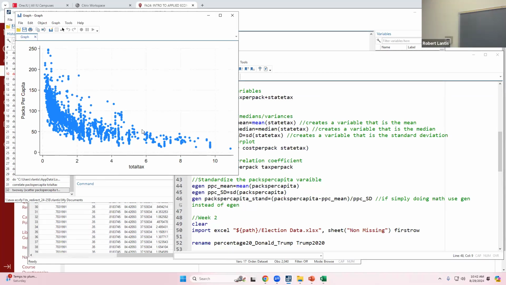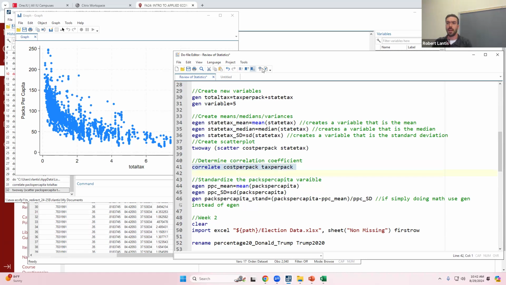Initially, when I start increasing the tax, people who smoke but aren't really addicted to it probably stop smoking as much. But at a certain point, the tax gets high enough that all those people stop smoking. Who's still smoking? People who are very, very inelastic. You can keep on taxing them, and they're going to keep smoking the same amount of cigarettes, right? So we can see cool stuff like that just from a scatter plot, pretty basic.